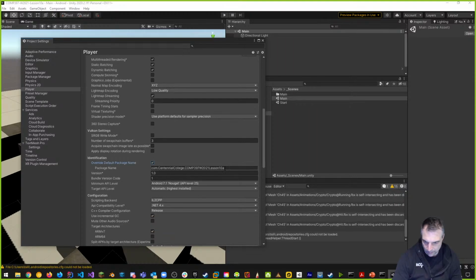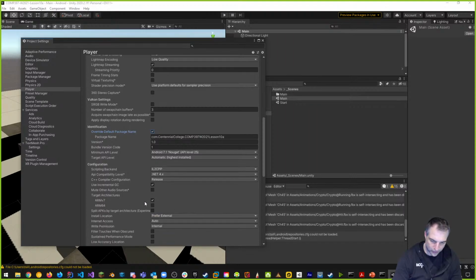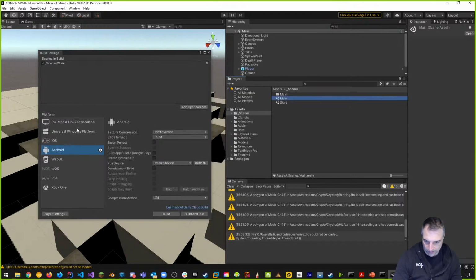So we want to make sure that this says 10A, API level 25, IL2CPP, and a .NET 4 with a release and C++ compiler version. I'm only using ARM version 7 and no ARM64 for this example. All right, so great. So these are all good settings for me, and I think I'm ready to build and